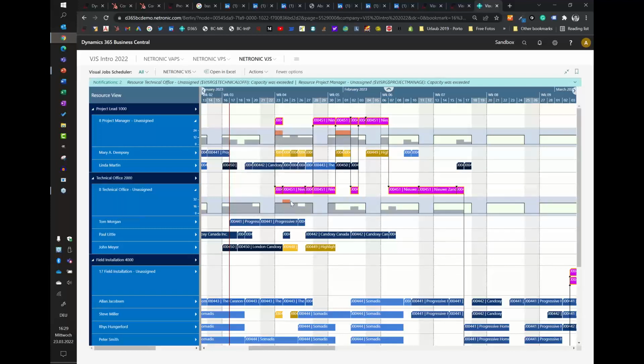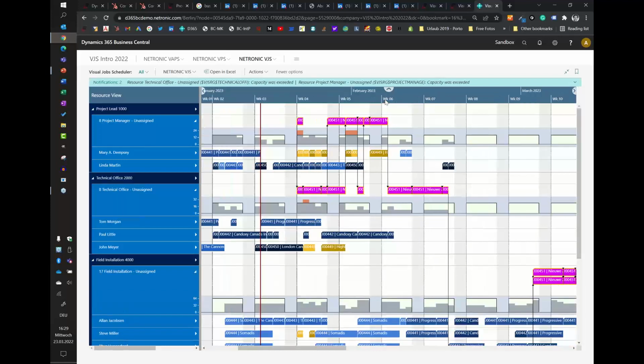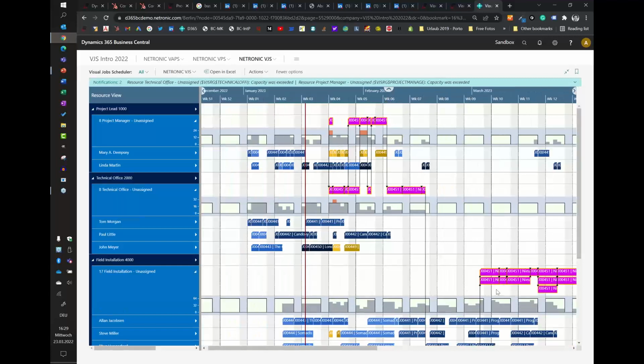Like we see on the technical office, it's just this one day, right? And the other days with this demand from this project, we are still within the available hours that we have, but here we have a bit of overload. And with the field service guys, we still have a lot of free capacity. So I would say the only issue to take care of here is my project management part,